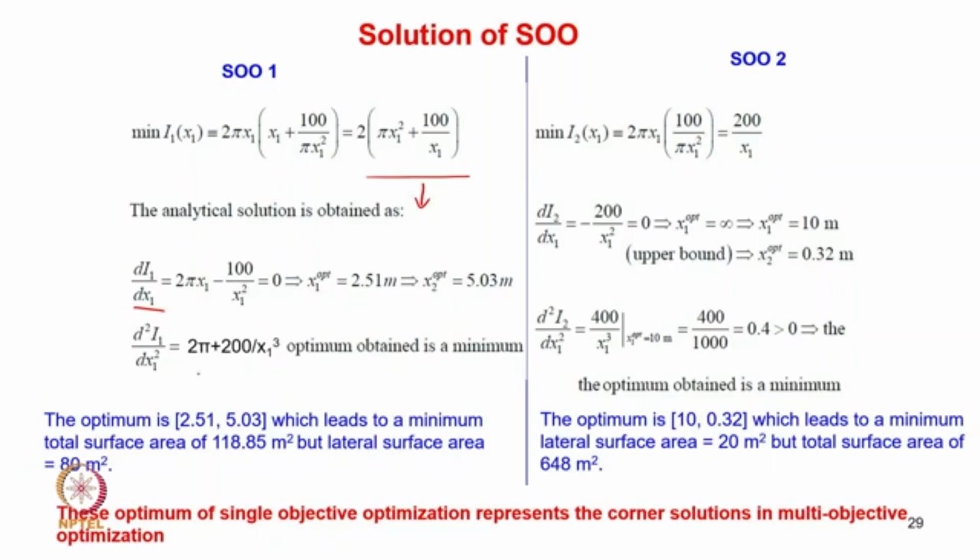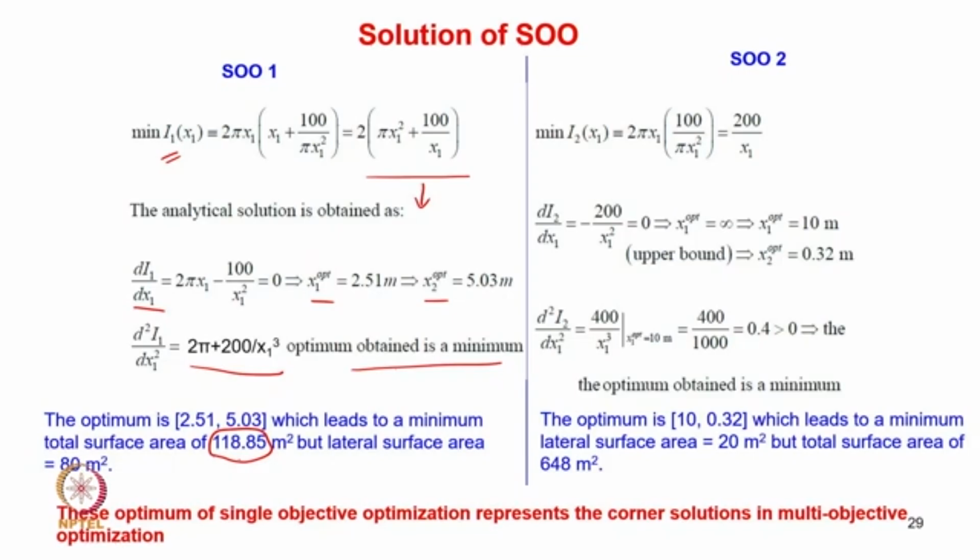And if I double differentiate it, we get 2 pi plus 200 divided by x1 cube, and you can see that if I put x1 equals 2.51 here, I am going to get a positive number. So clearly the obtained optimum is minimum. If I put this x1 and x2 in the original objective function, I can calculate the optimum value of the total surface area, which comes around